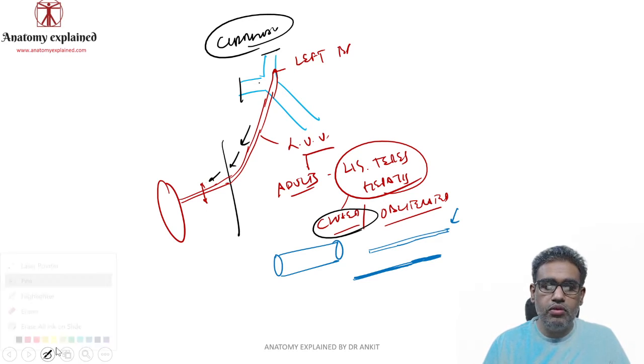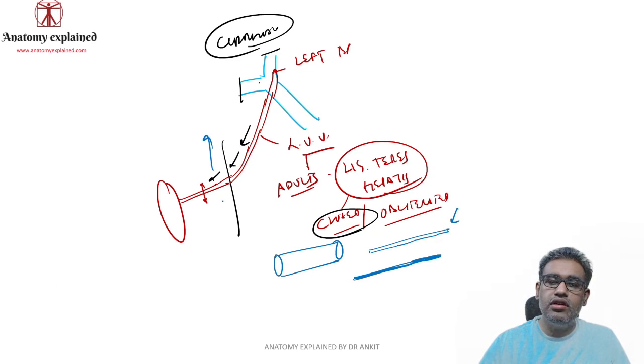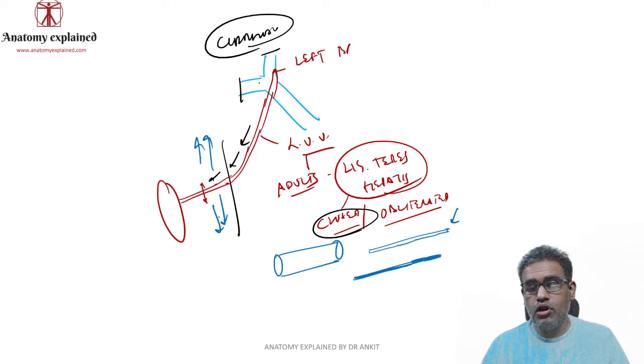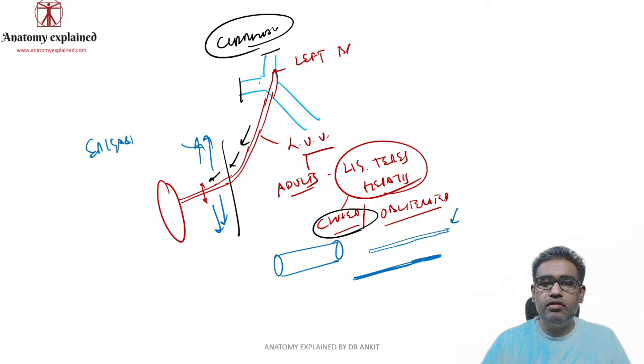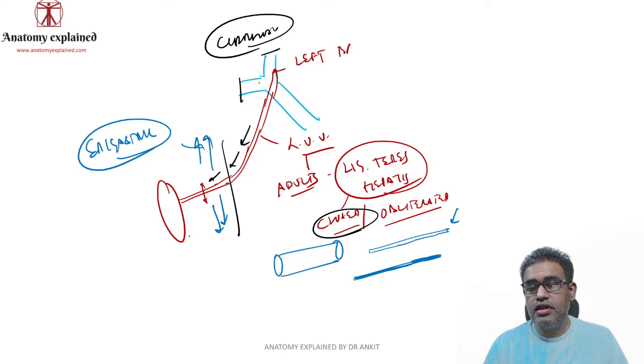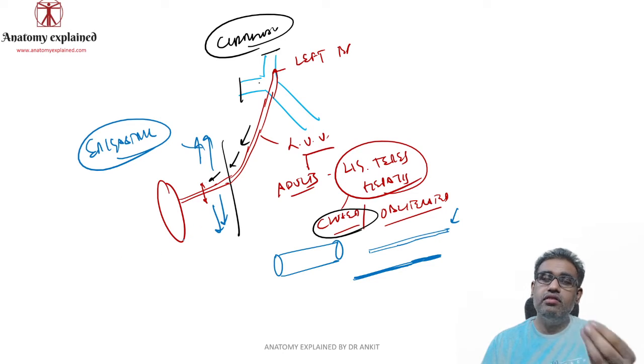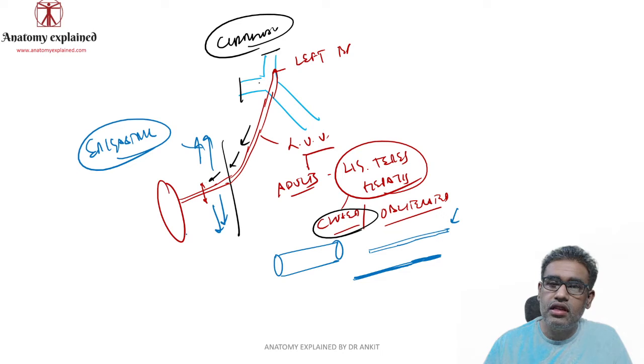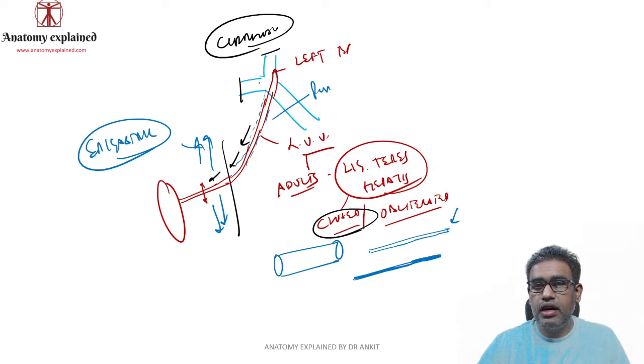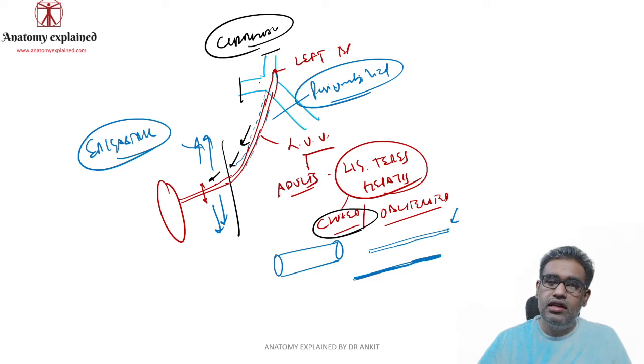And outside the anterior abdominal wall, we have the superficial veins of the anterior abdominal wall, particularly our epigastric veins, the superior and the inferior epigastric veins, they are present over there. So there will be an anastomosis between the opened up ligamentum teres hepatis, and there are also a few veins around it, which are known as the periumbilical veins. So there are some periumbilical veins which are around the ligamentum teres hepatis. Okay, so normally around the umbilicus there is anastomosis present, but it is not functionally relevant.